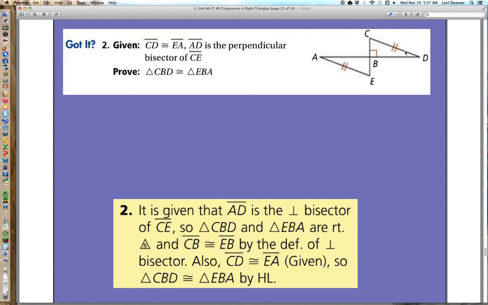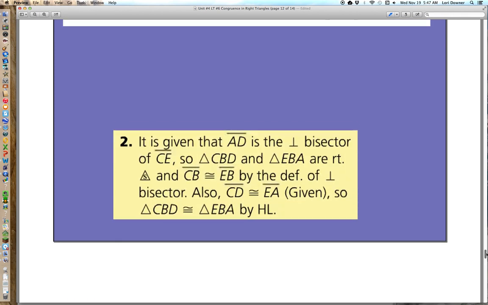Also, CD is congruent to EA given, so these two triangles will be congruent by the HL theorem. And that is the end of the movie. I would like you to stop the movie now, and you are going to work on your homework for Learning Target 6. Do those problems that are listed on the board, and then